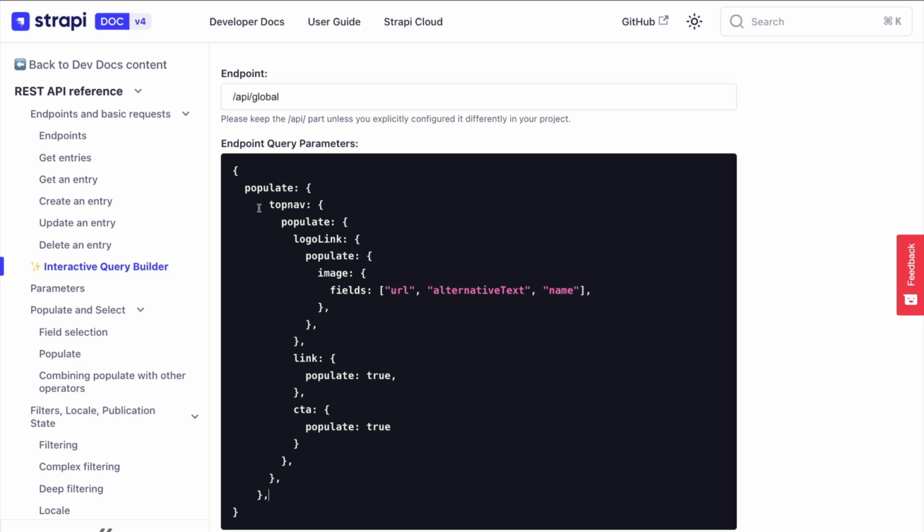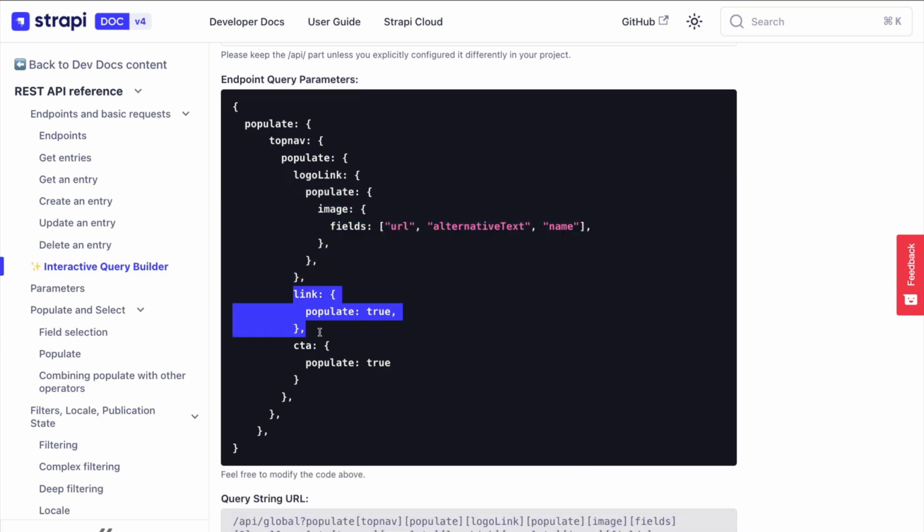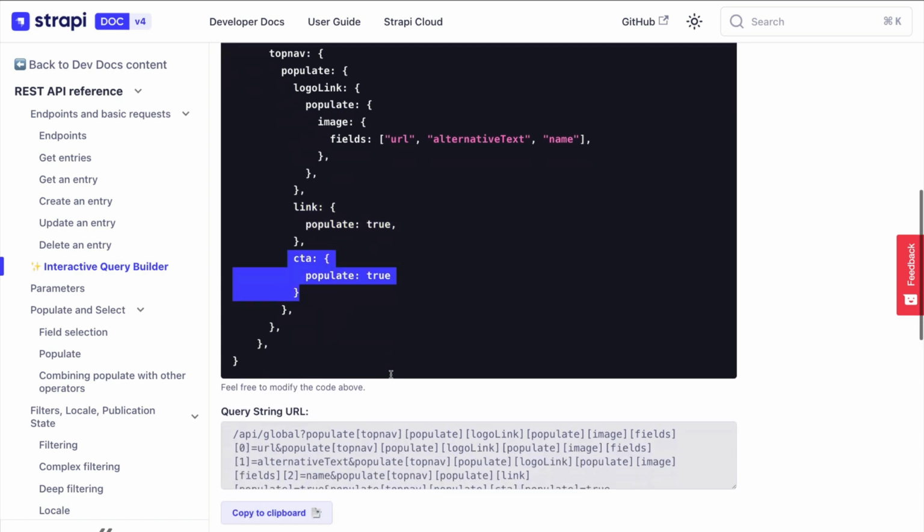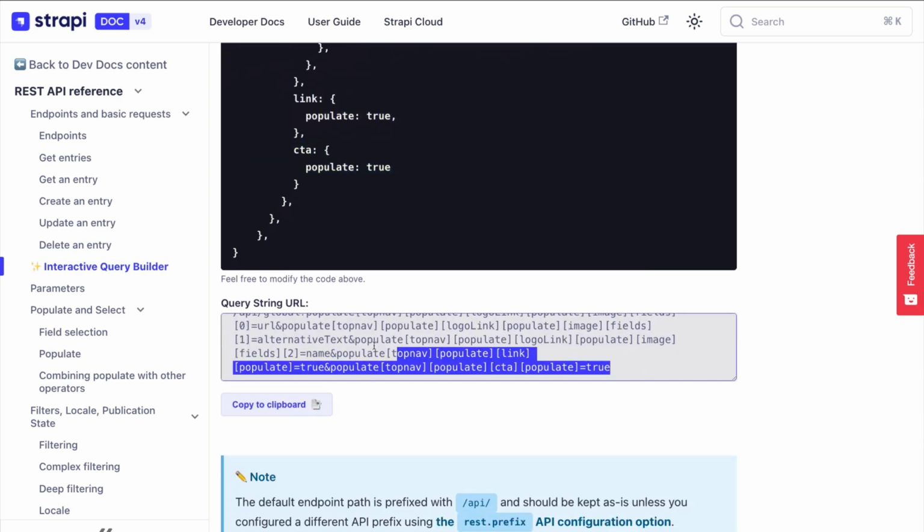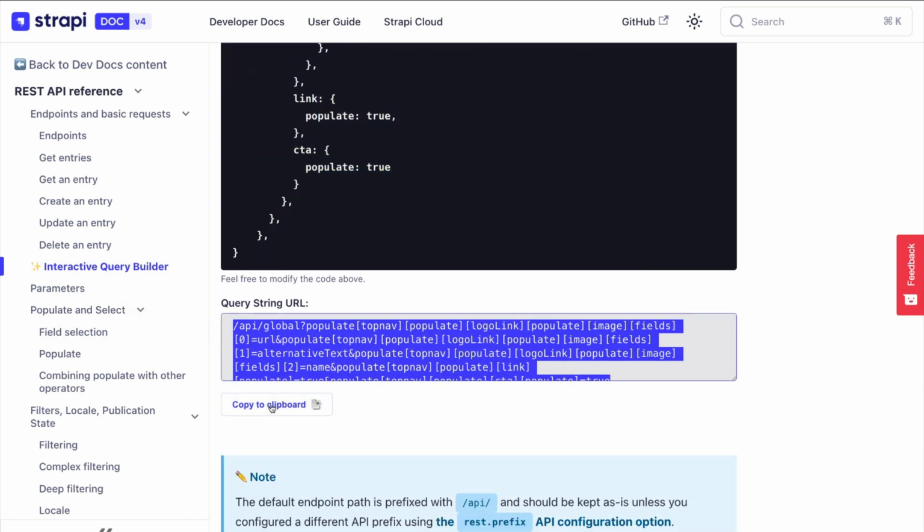For instance, in our case, we want to populate the top navigation, and inside of top navigation, we want to populate our logo link, tell Strapi what fields from the image we want to return, and we do the same thing for the link and the CTA. And here we get this big query string. Don't worry if it's scary. We're going to simplify this process in a second,